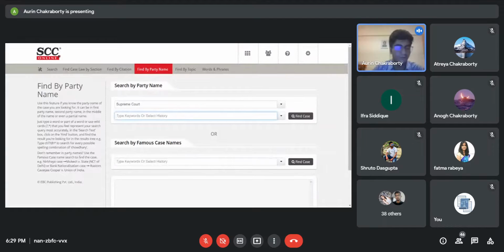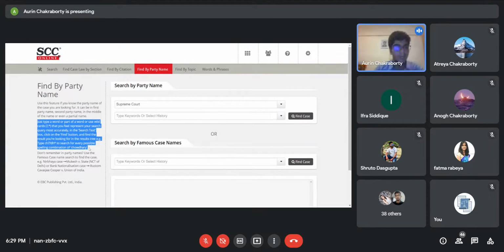But what happens essentially in situations where we are not sure of the spellings, right? Now, over here, you can already see that an example has been given to you as to how to use wildcards with respect to a spelling, say Chaudhary, right? Now, it has different spellings, especially in India, right? So it can be Chaudhary or Choudhary and various spellings to that effect. So now this example has already been given.